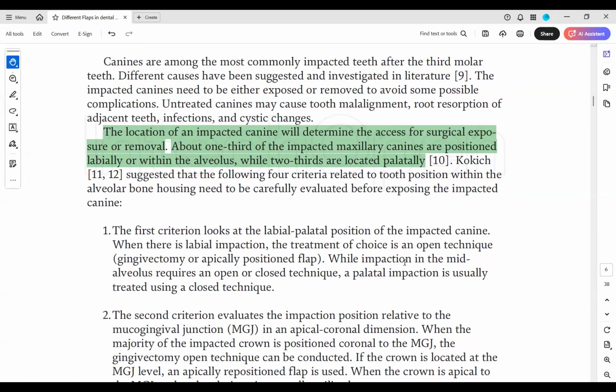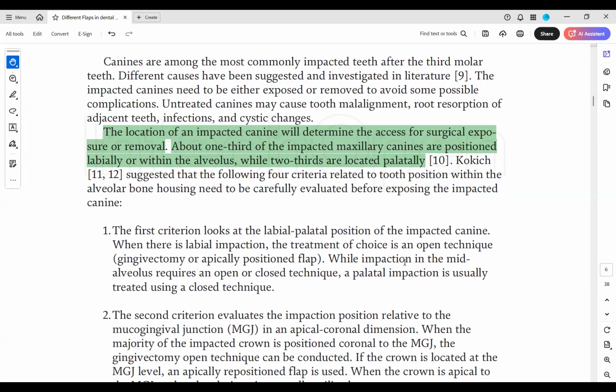And that number one point, which ADC loves to ask you, is the location and position of the impacted canine. So the complete accurate position within the bone, whether it's positioned labially or located palatally, dictates that. Now, canines both labially and palatally can be treated with orthodontic traction, given that the position is comfortable. It should not be obstructed by any adjacent roots. They should not be horizontally positioned and too far deep into the bone where you cannot expose them.